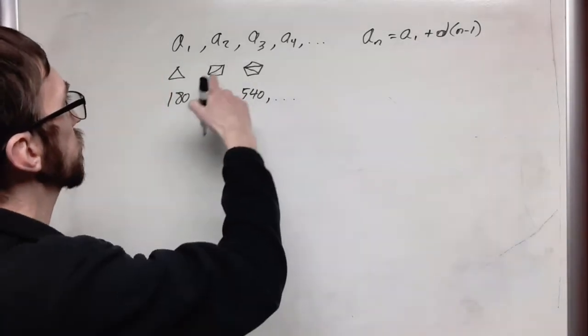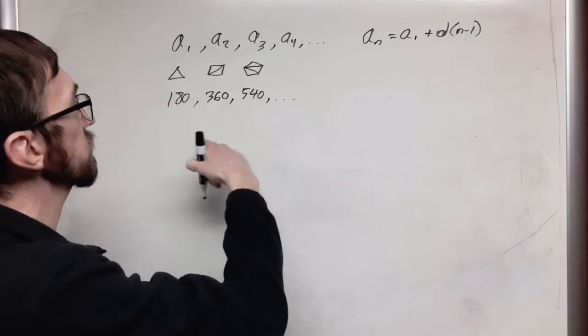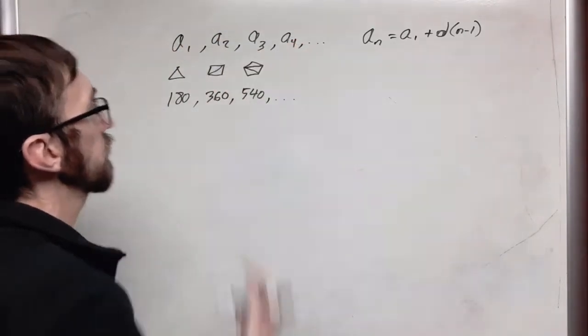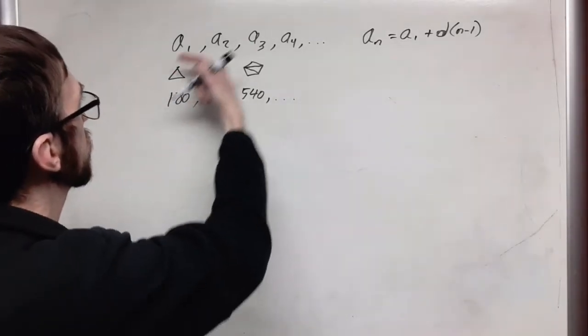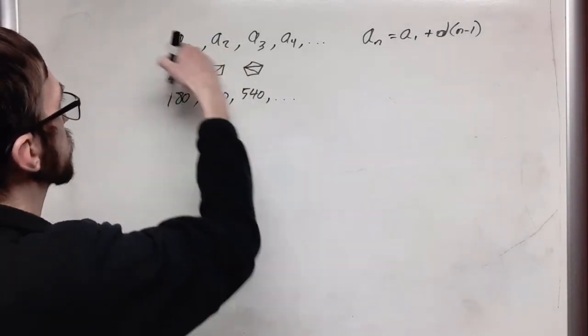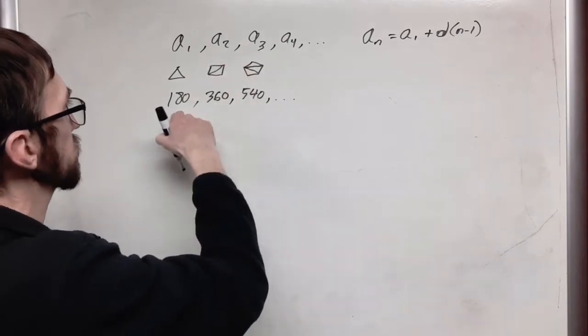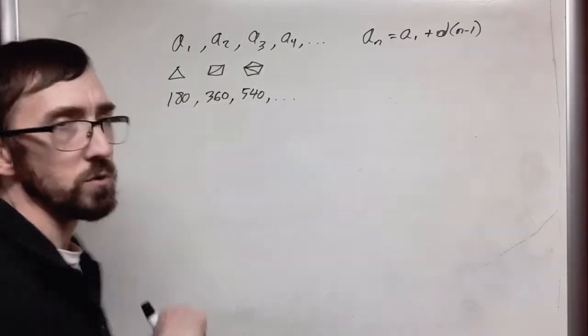So I'm going to modify this sequence a little bit so that I can shift my sequence. I want to shift it two places to the left